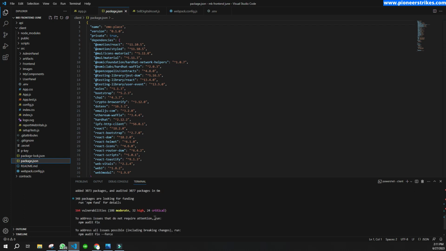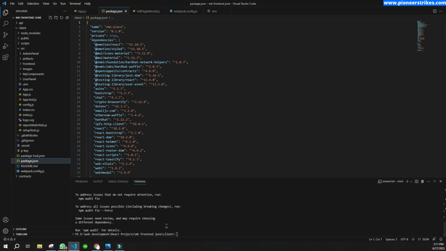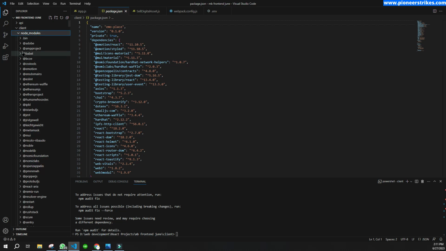You can see it has installed all the dependencies from the package.json, and now you can see the node modules